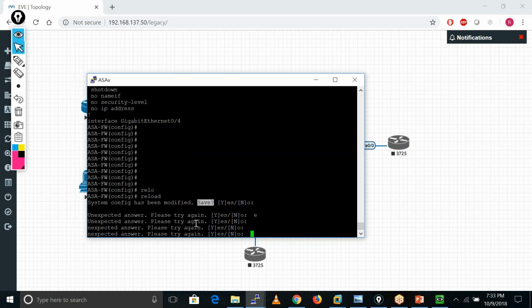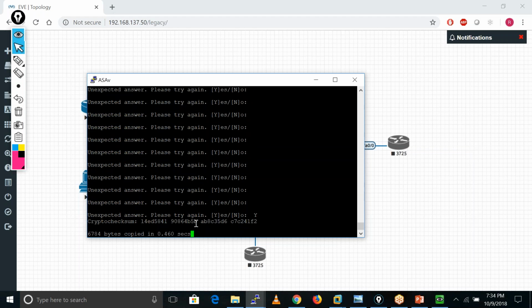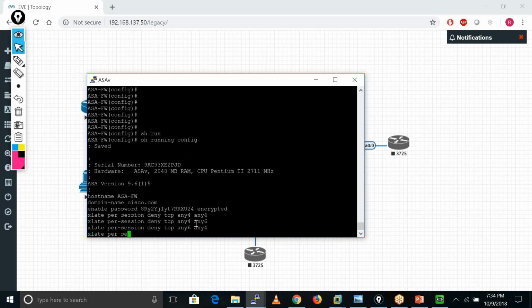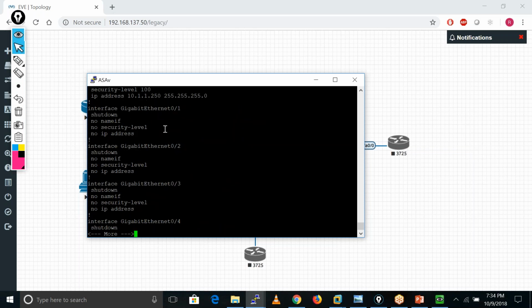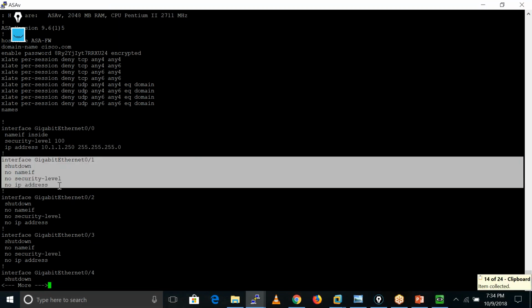That time I will bypass that configuration. Right now I have an IP address on this interface, Giga 0/0. Let me also configure the IP address on this interface.